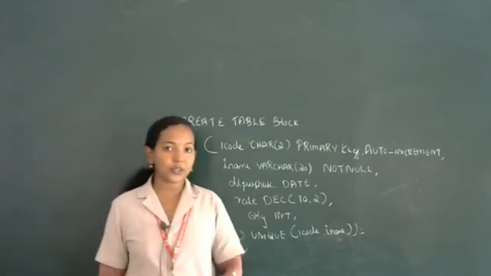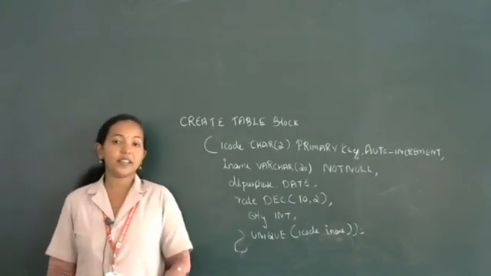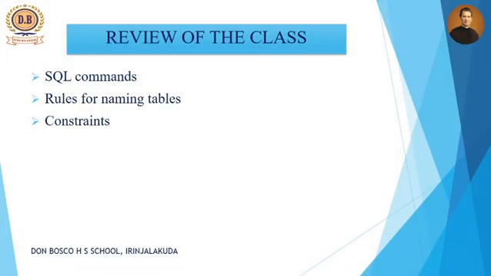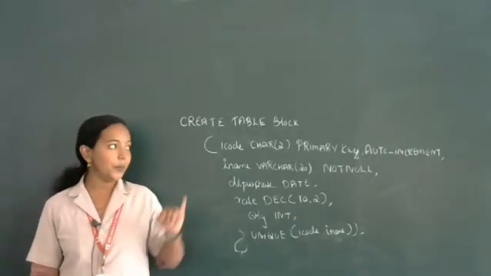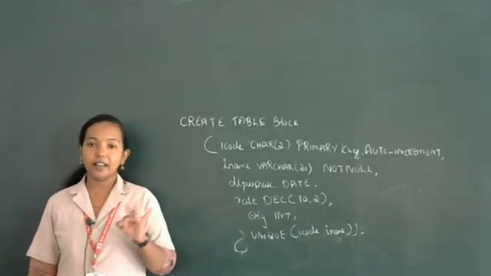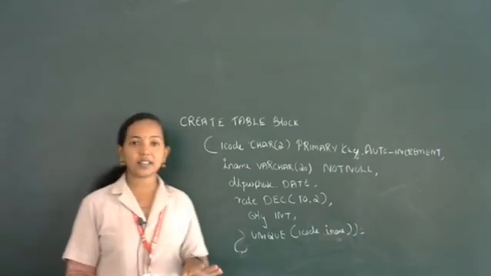Okay, so hope you understood. These are the topics that we discussed in this video. Let me revise the topics. What is meant by SQL commands, DML, DDL. DML and DDL commands we are discussing here. DCL we are not discussing. Then how we are creating tables, the create table command we are using. Then the constraints: not null, auto increment, then unique, default and primary key. Then we also discussed 2 examples.